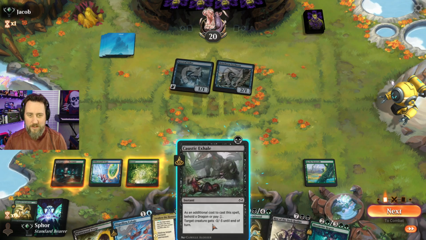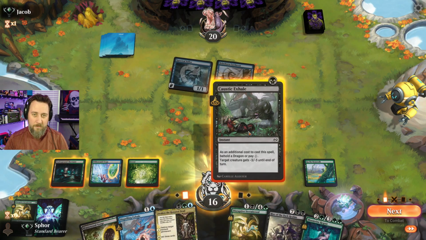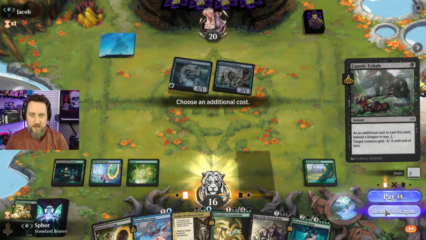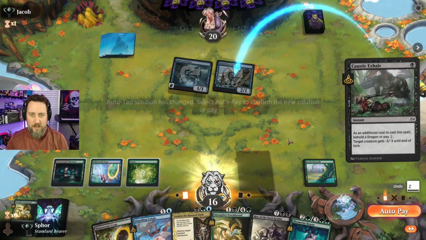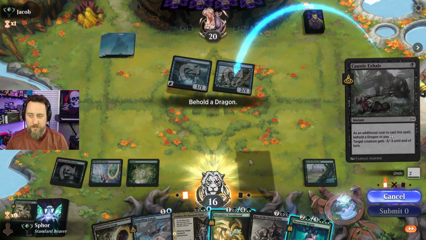Okay, so yeah, this is tough. I mean, we have so many different options here. What's on board is not huge threats, but I am already down to 16, and I think the Cutthroat can definitely turn into a problem, so...